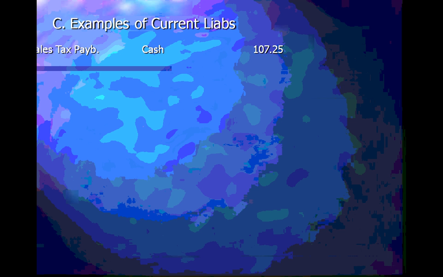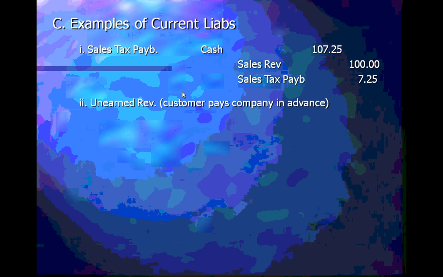All right. Current liabilities. If you had sales tax payable, notice that if you bought $100 worth of stuff at the Roseville Galleria Mall, you actually have to pay $107.25 because of 7.25% sales tax. The company is actually liable for making sure that money gets to the government. So sales revenue, they can only count $100. Sales tax payable, they'll count $7.25 of that, but they collect it from you. They're actually the collecting agency, and they have to give $7.25 back to the state. So it looks like they took in $107.25, but it really cost you $100, plus the $7.25, which goes straight to the state. Okay.